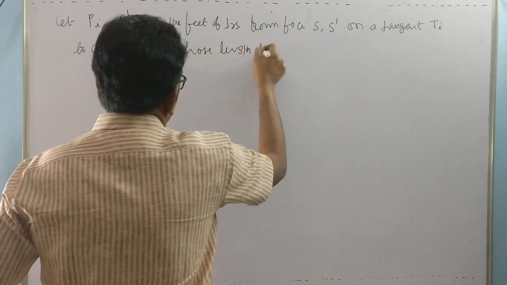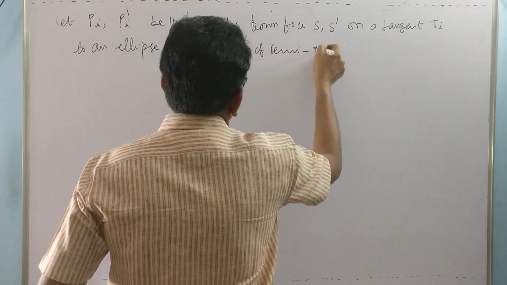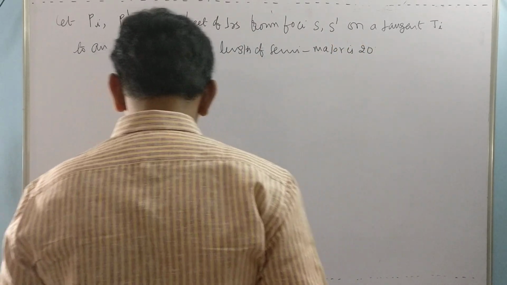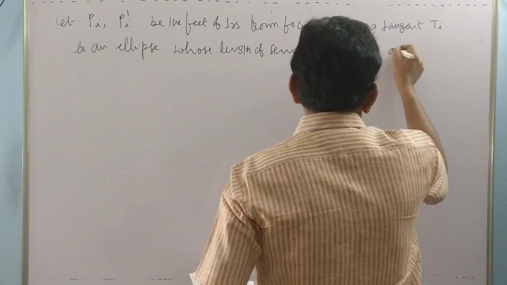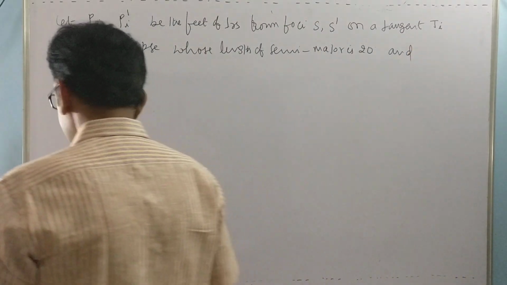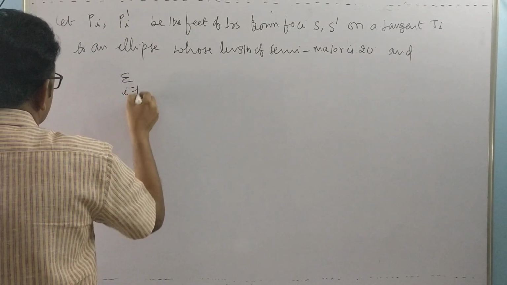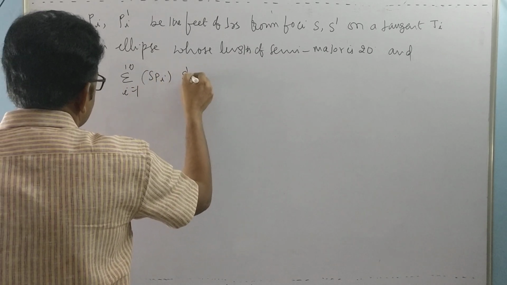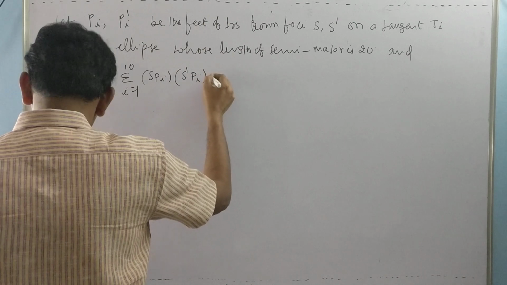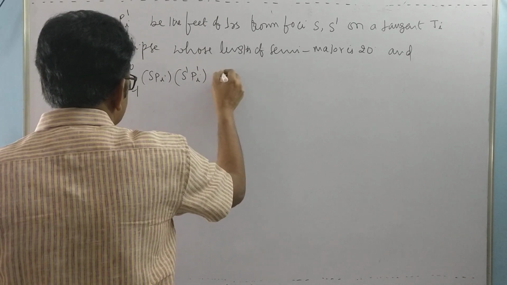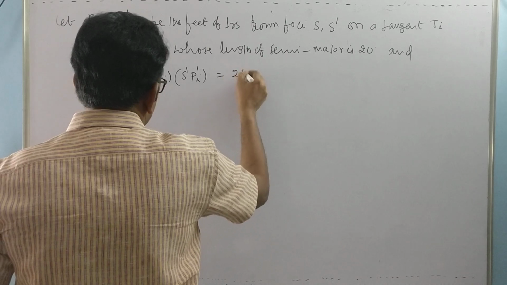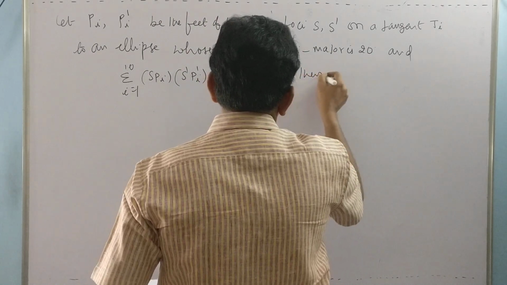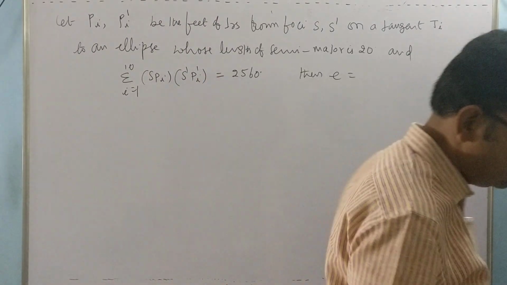Whose length of semi-major axis is 20, and given that the sum from i equal to 1 to 10 of SP_i into S dash P_i dash is equal to 2560. Then the eccentricity of the ellipse is, then eccentricity e is equal to